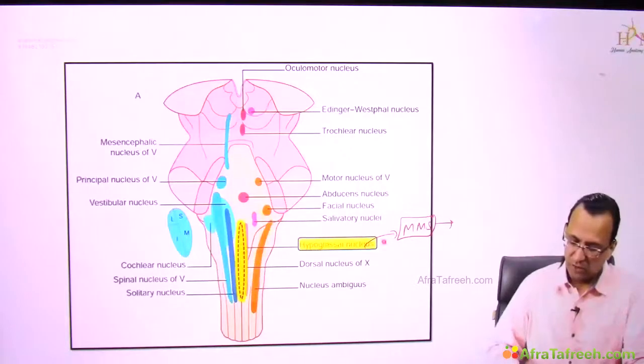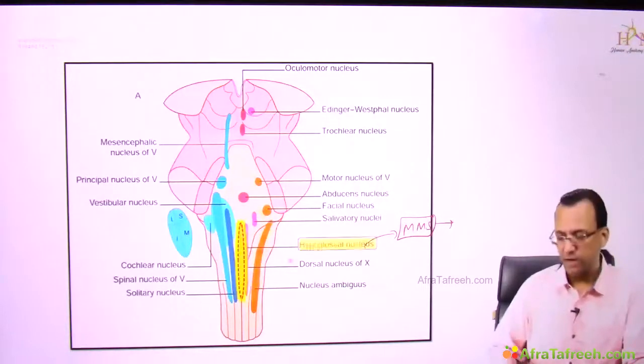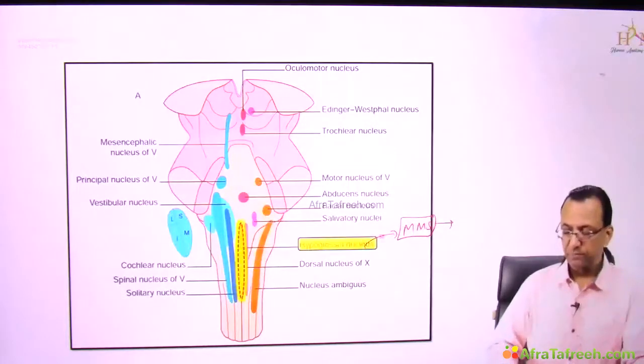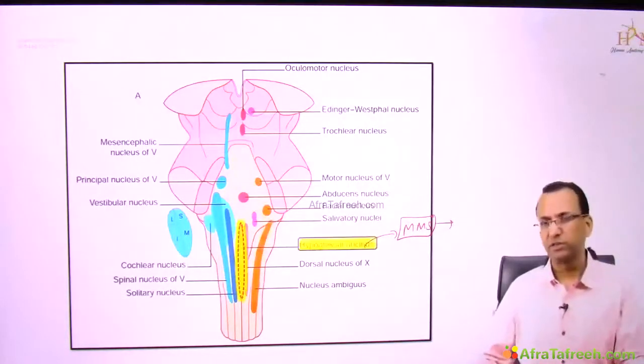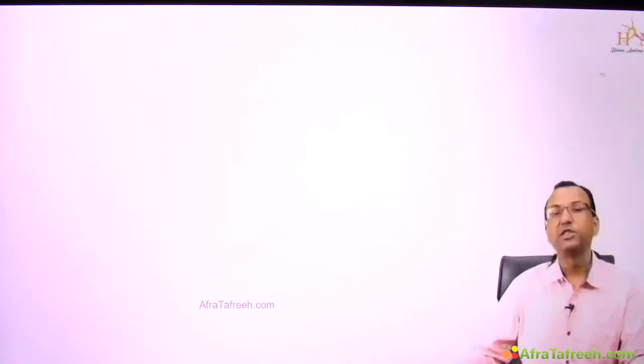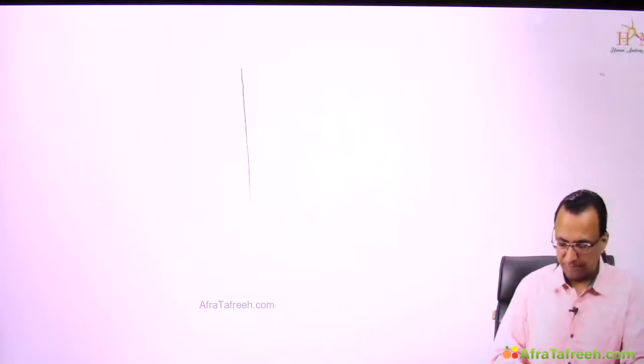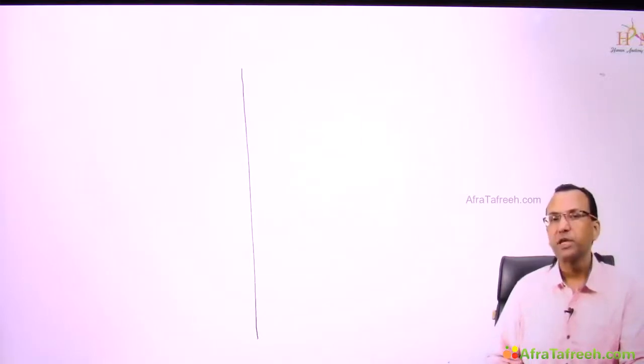So hypoglossal nucleus is near the midline and it will be affected in medial medullary syndrome and tongue muscle palsy. It is not affected in lateral medullary syndrome. Now, once you have that orientation, we are going to draw these nuclei ourselves. Let us do that. This is the midline of the body, and we want to discuss Wallenberg syndrome, medial medullary